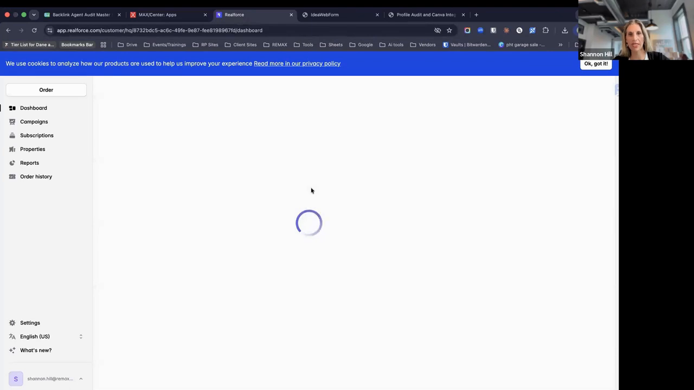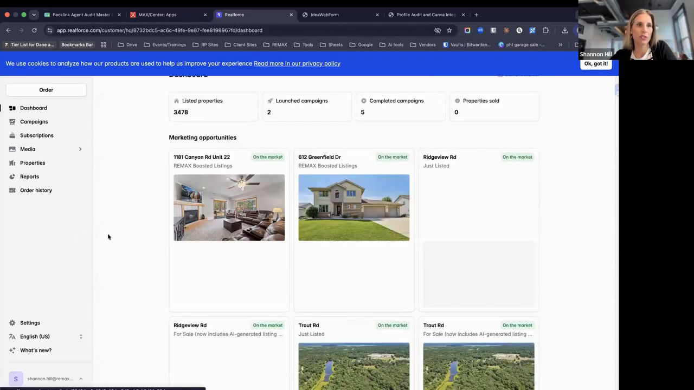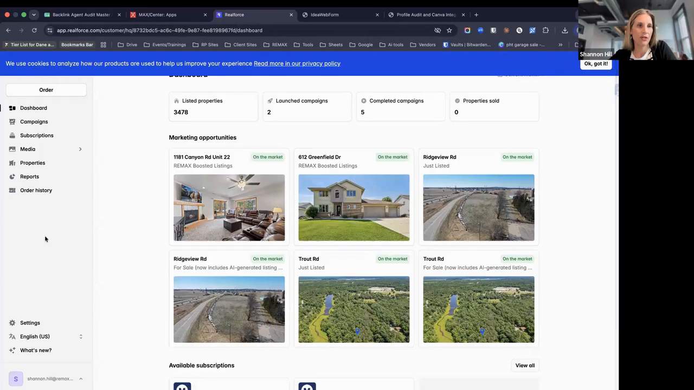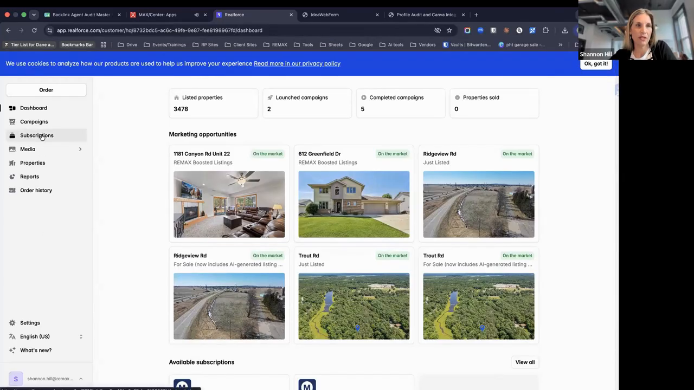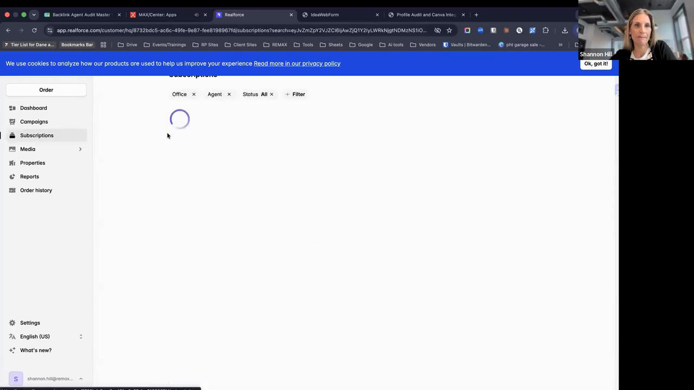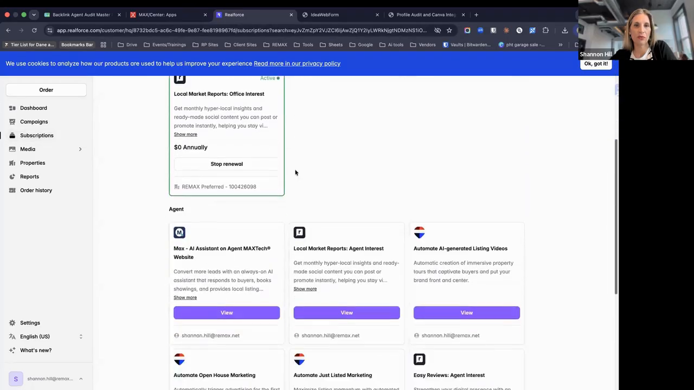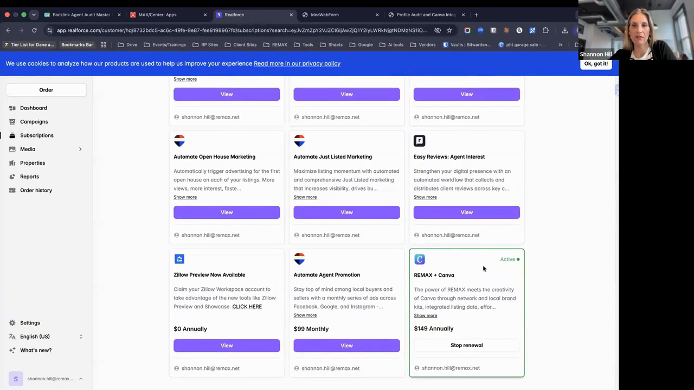And every time you click on this Marketing Studio, it does take a second like this. So that's usual. And then you're going to go to subscriptions on the left-hand side and scroll down and you'll see the Canva one. And then you're going to have to